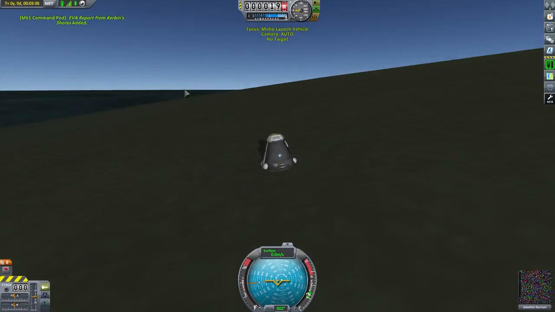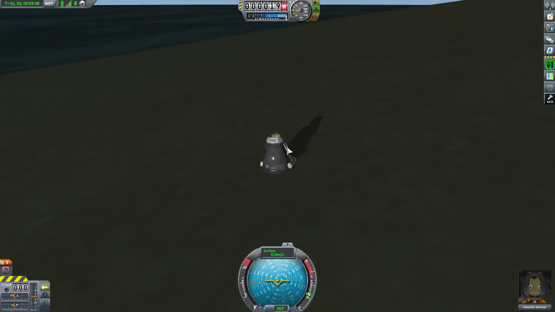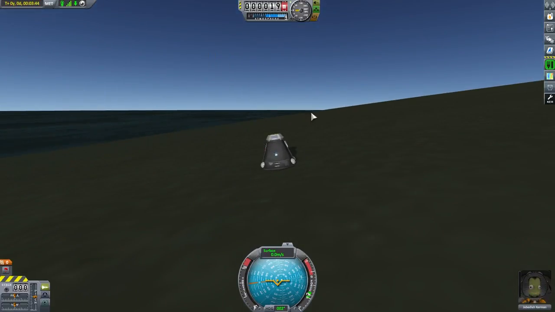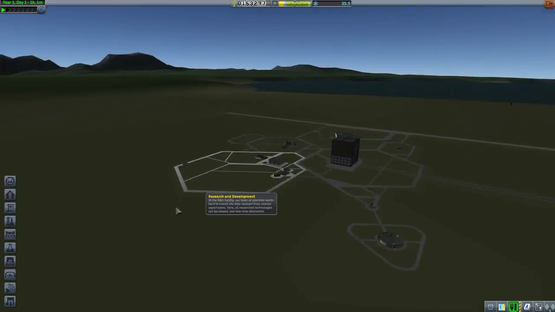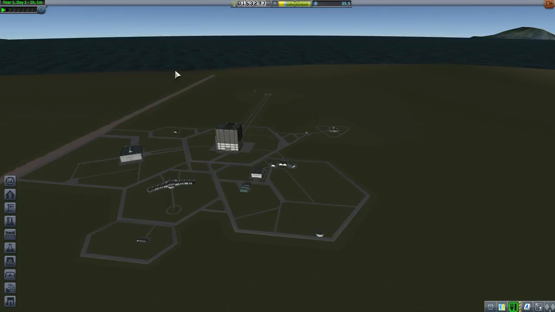Okay, so I believe I've gathered everything. Just make sure I got the thermometer. Good, good. I did the EVA crew report. Good. All right, let's recover it. And that's going to give us another good chunk of science. Probably about 20-ish. Oh, not quite. Okay. So now we've gotten science from the shores, we've gotten science from the waters, above the shores,